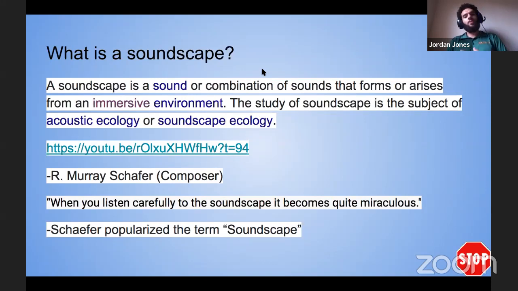I have the definition right here on the screen, but just to break down the word, that generally helps me remember definitions easier. We're familiar with the word sound, and we know what sounds are. So I took that word off and just thought about the word scape. The first thing that comes to my mind is landscape. In landscape, anywhere you go, as far as you can see left and as far as you can see right, that's the landscape of wherever you are, where things are placed within that viewpoint.